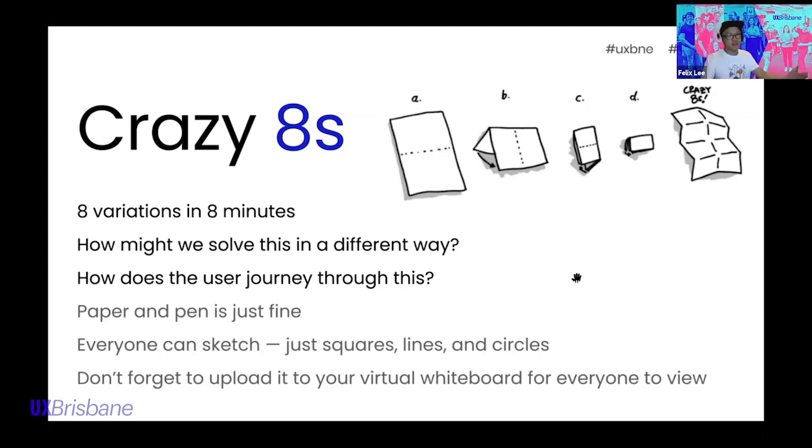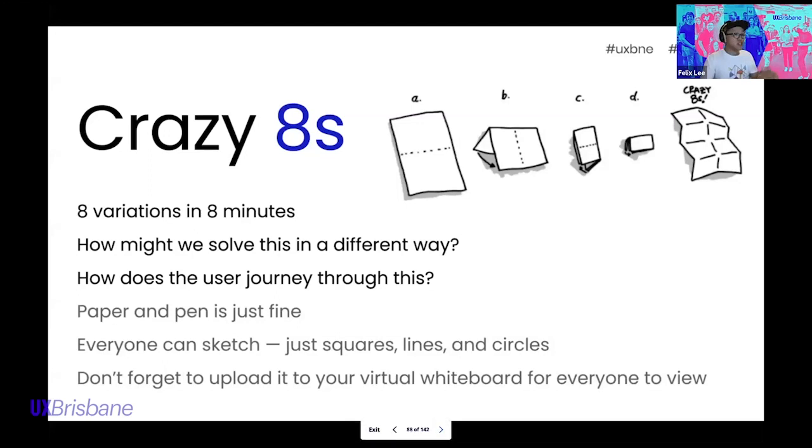And there are no crazy ideas, no stupid ideas. It's just a good way for you to get your ideas out there. Depending on the number of participants, if you have 5 people and a crazy 8, you would have 40 different ideas right away. A crazy 8 is for you to quickly generate ideas. It doesn't have to be too fleshed out yet. It can just be for yourself, but it is also very important that you can share this later along the way.